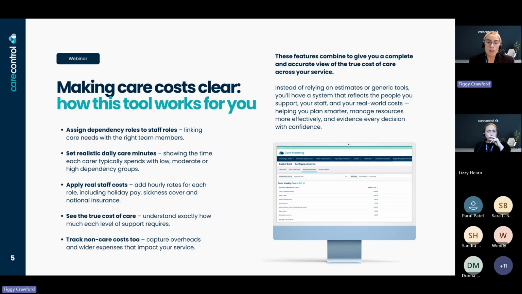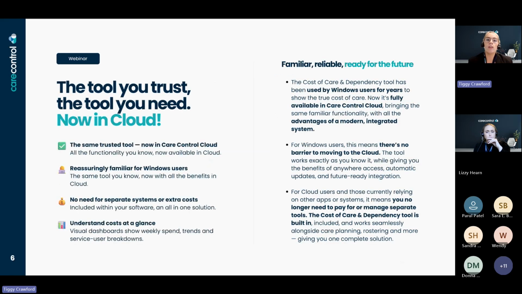Instead of working with estimates or generic tools, you have a system that reflects your staff, your service, and your real-world costs, helping you plan smarter, evidence-based decisions with confidence and stay inspection ready. The Cost of Care and Dependency tool has been used by Windows users for years to show the true cost